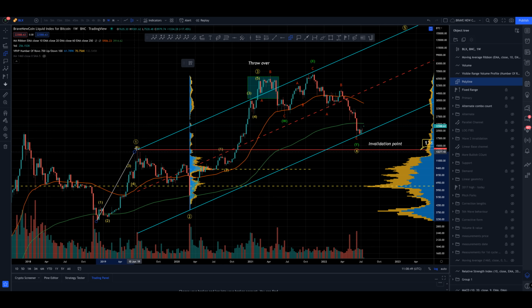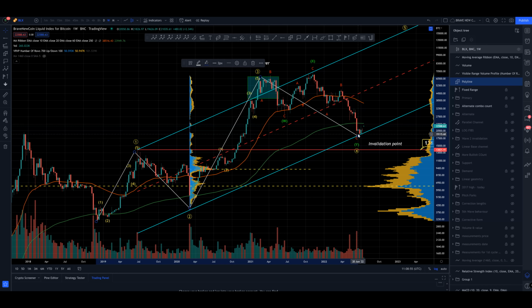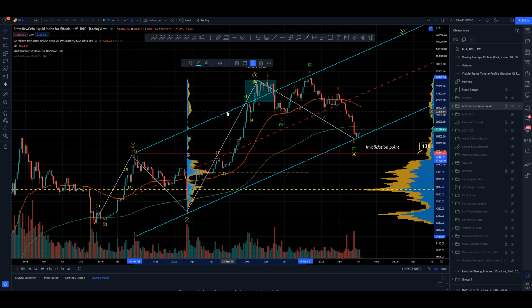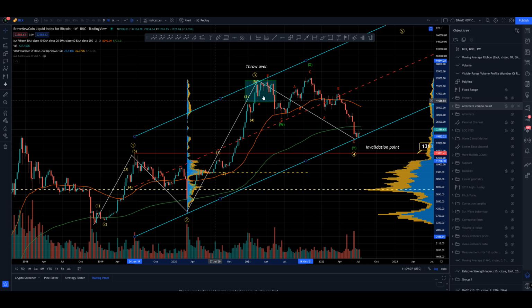So we had a wave one and a wave two, a wave three, and down to a wave four. Taking the two and the four here, assuming the four's in, right? Projecting Elliott's second method from the two and the four to find the five. Now, what we do here is we would take the channel, we would drag it up to the top of the three, right? And that would give us our projection.